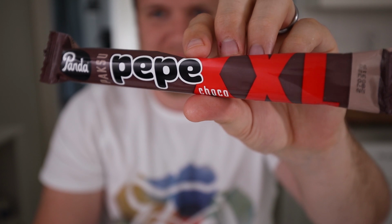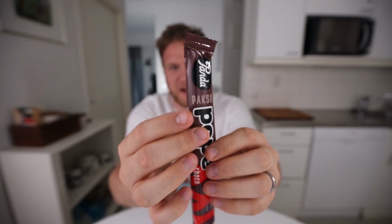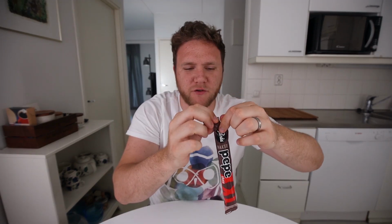All right, I don't know where to go on my little candy roadmap, so I'm just gonna grab the next one, which is this one. So this is a Pepe Xxl Choco. Judging from the shape, it says F.A.Q on the packet there. I don't know what that means, but I read it as Pasca. Let's hope not. But chocolate licorice, that's an interesting concept. I wonder how they've...